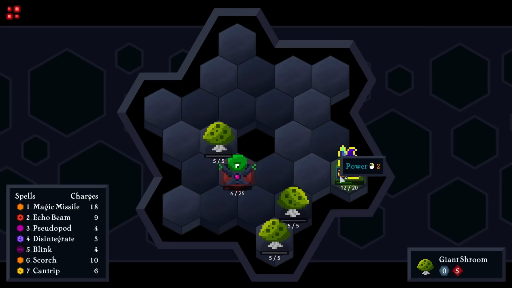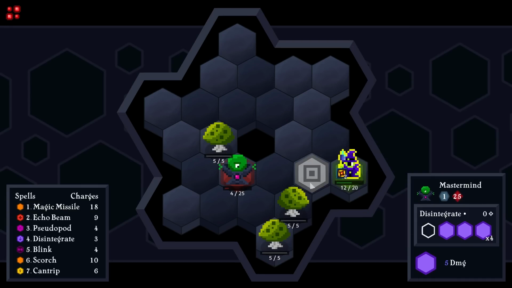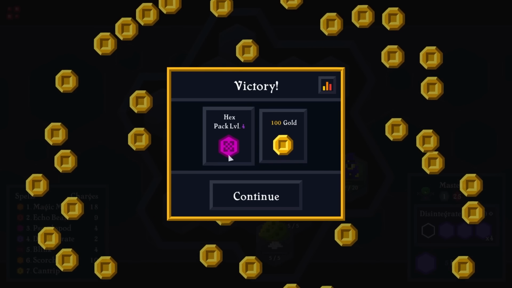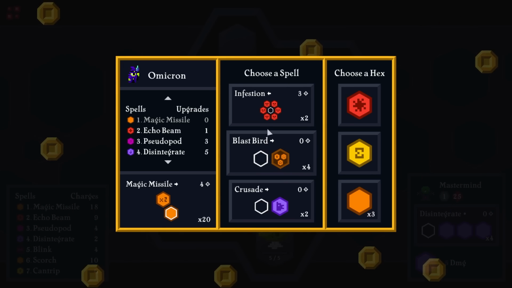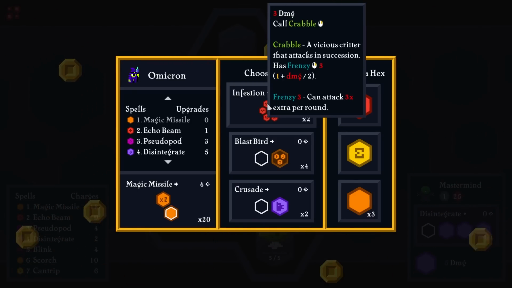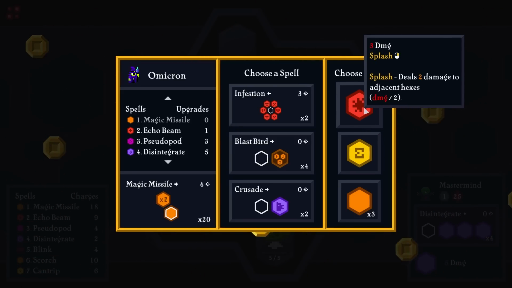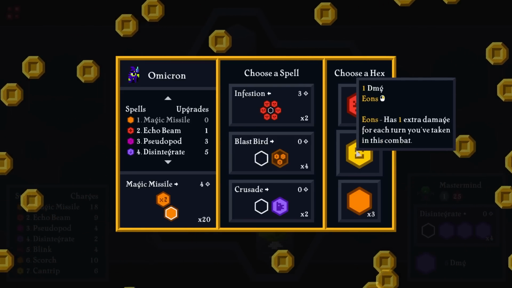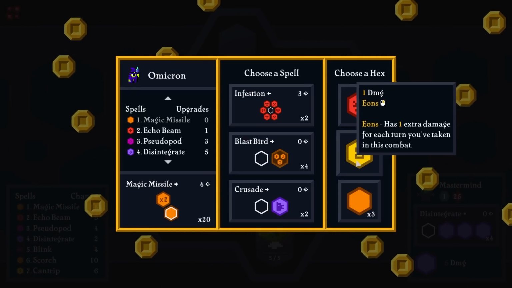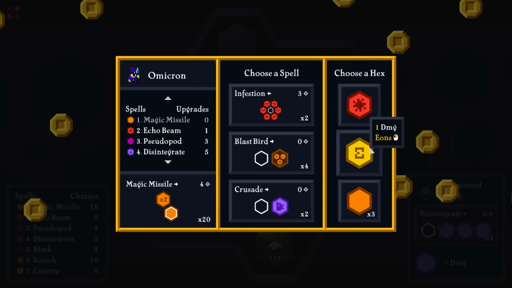Oh, interesting. What does power do? Hex damage is increased by 2. The next turn this... Oh, interesting. Alright, got that. Hexpack 4. Infestation, call Crabble. Vicious creature that attacks in succession has frenzy. Can attack extra times per round. Splash. Eons. 1 extra damage each turn you've taken in this combat. Ooh. And then just 2 damage. That's interesting. Frankly...